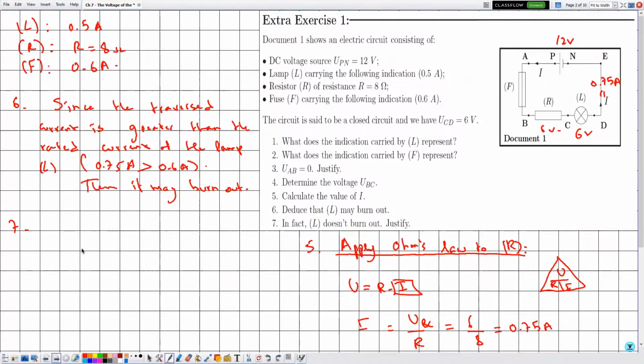Then let me say since the traverse current is greater than the rated current of the fuse, and in this case 0.75 amperes is greater than 0.6 amperes, then the fuse